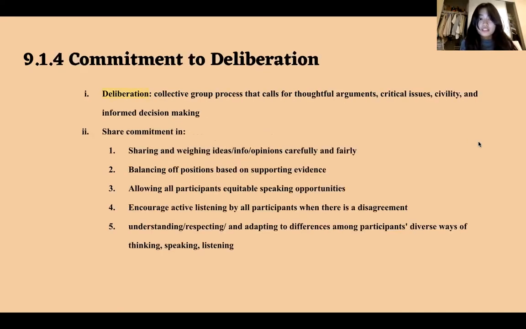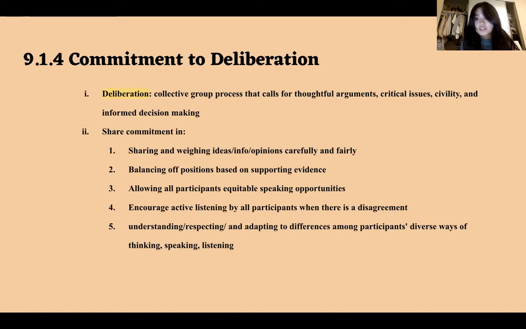And then the fourth section we will be talking about is commitment to deliberation. Another key term in this section is deliberation, which is a group process that calls for good arguments, critical issues, civility, and good decision making. So there should be a general shared commitment in first sharing ideas and info with your